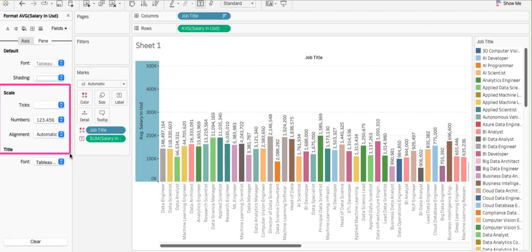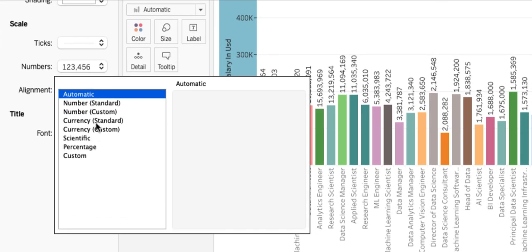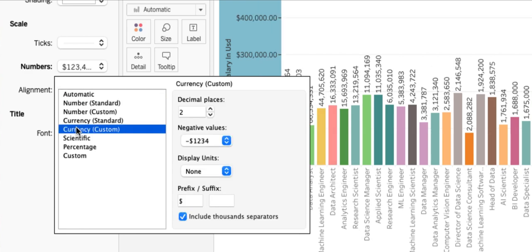Under the scale section, we have a number section you can use. If you click on numbers, this screen will come up, and then you can see that you have options to change the currency. If you want to change your currency to English pounds, German, yen, you can do this using